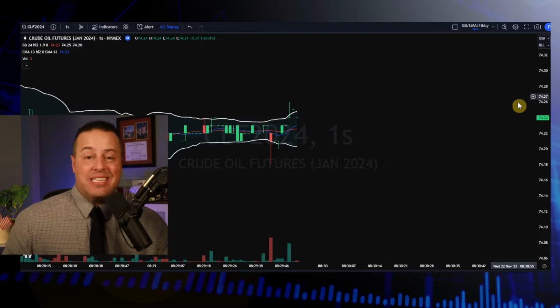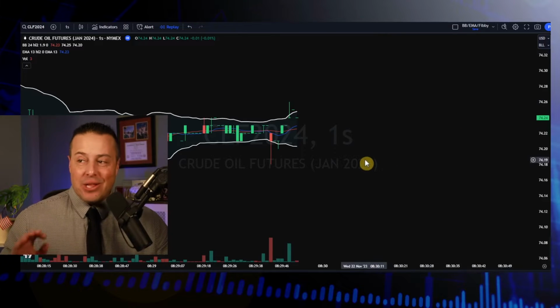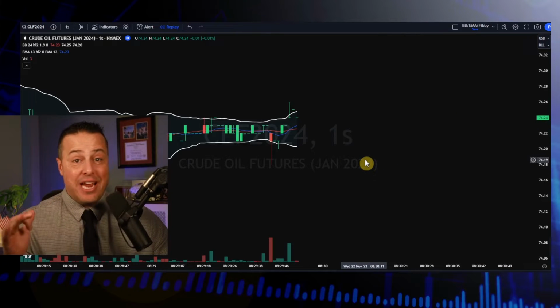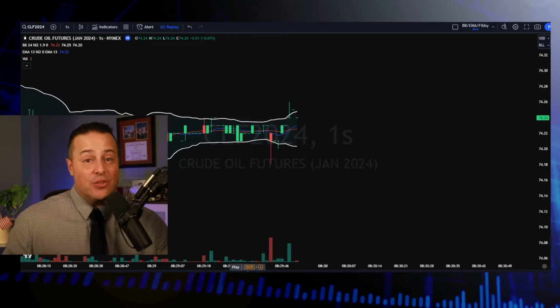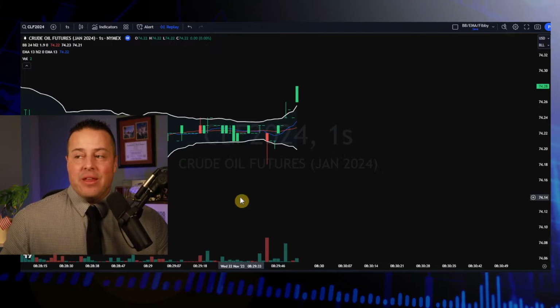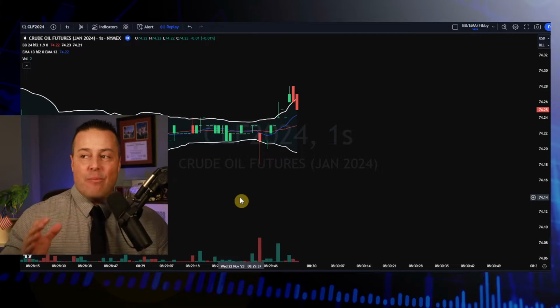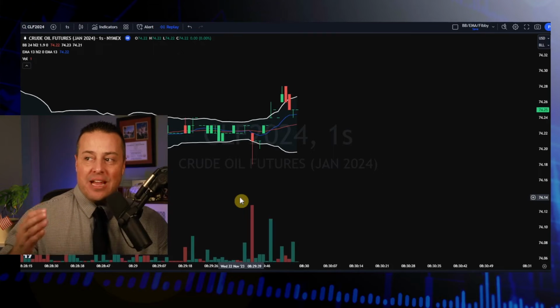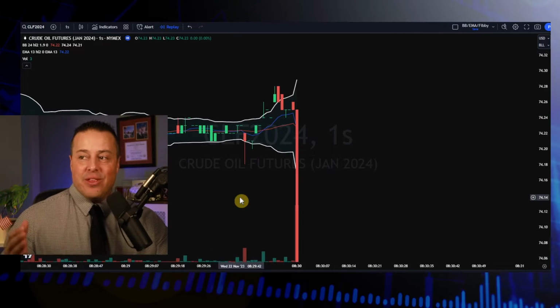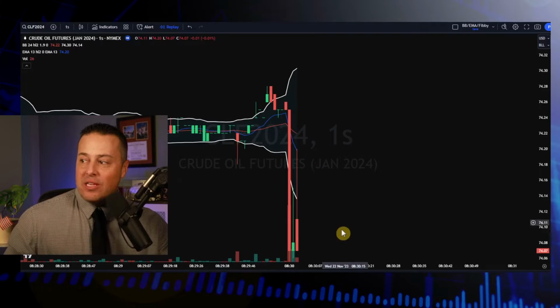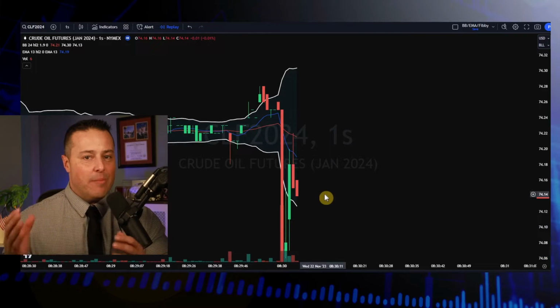Remember, each tick is worth $10. Take a look at how fortunes can really change hands in just a matter of seconds. This is run in real time. Take a peek. This is around the weekly EIA report. You can see that we're coming up on that 10:30 Eastern Wednesday, and you'll notice right there, there's huge volatility, an extreme amount of volume hitting the market.